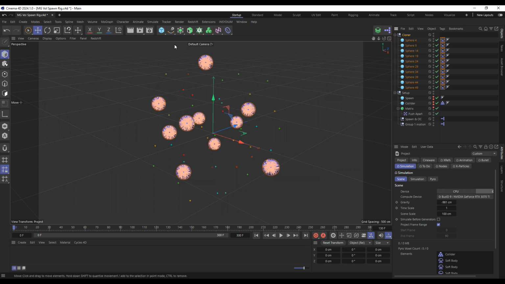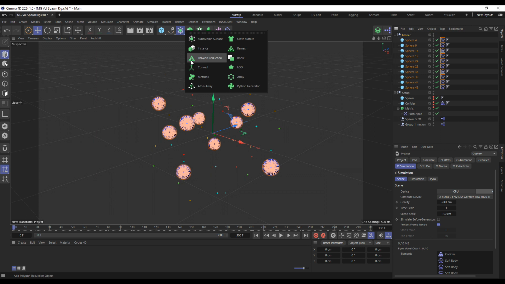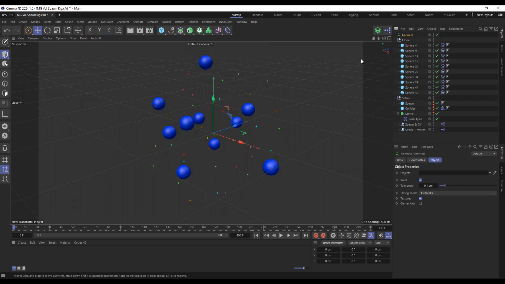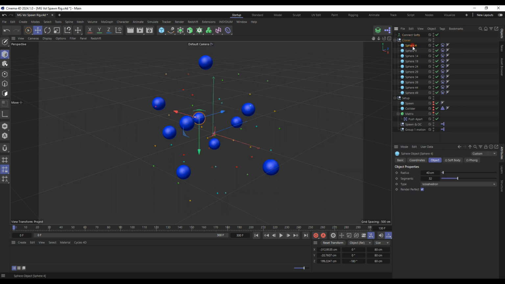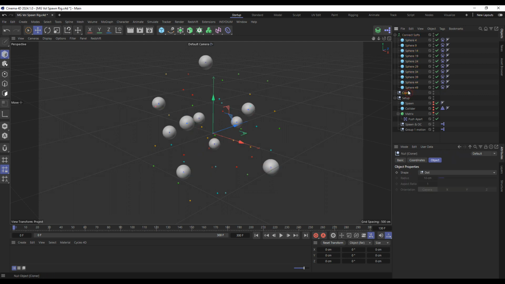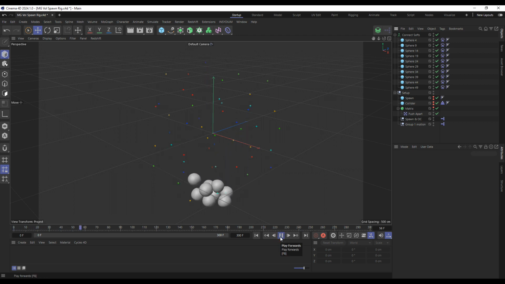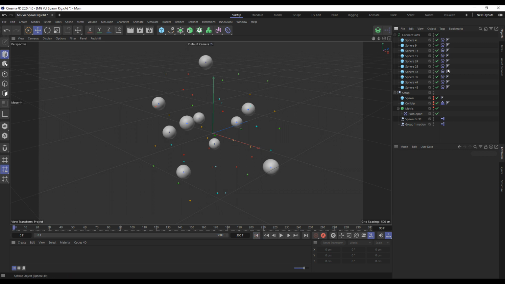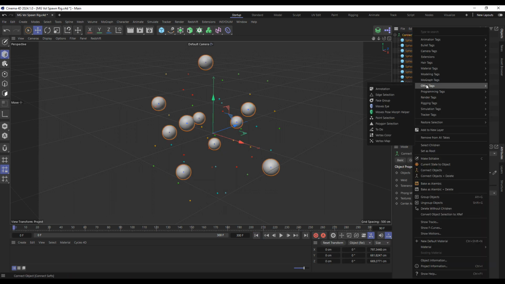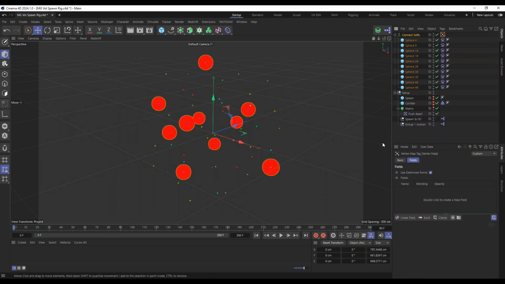However, I want to put these in a connect object, even though it doesn't give an even result with what we're doing. It kind of works. Should we turn off weld and just drop those in there, and then we can get rid of that. Should still work, because quite usefully we can put a vertex map